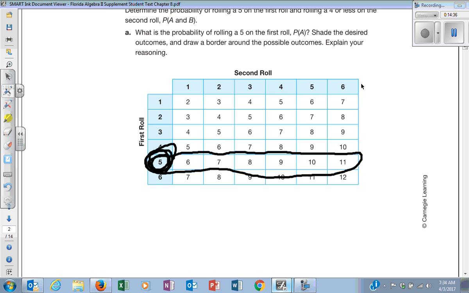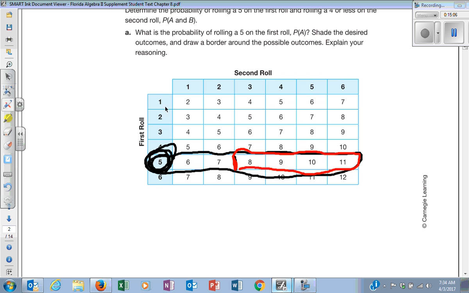What is my second outcome that they want? An 8 or higher. So if I go in here and I say, okay, this is an 8 or higher, I would color all these boxes in. What are my chances of that happening? 4 out of 6. The reason it's not out of 36 anymore